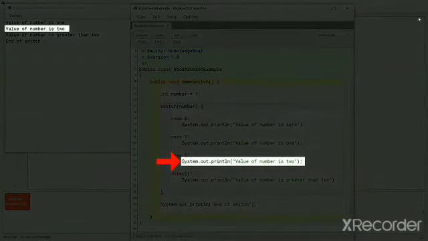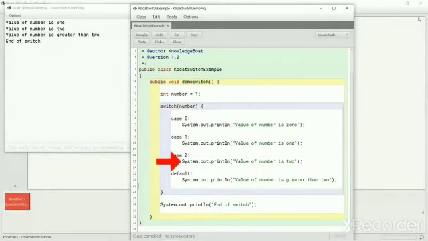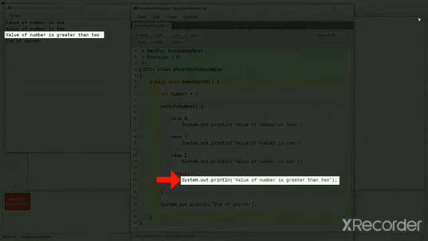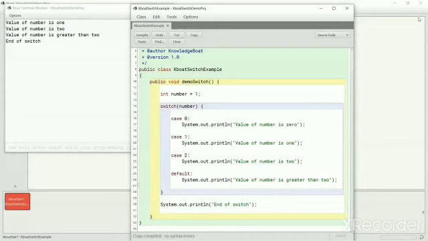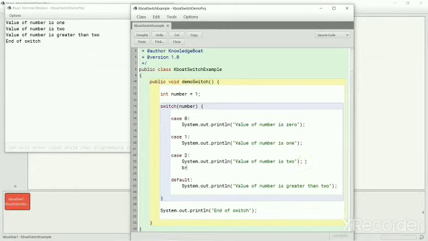This println gets executed and we see the output value of number is 2 in the console window. As there are no break statements in our switch, the fall through of program control continues to the default case and we see the output value of number is greater than 2 on the console. So that's fall through in switch statement for you. Let's write a break in case 2 and run the program.